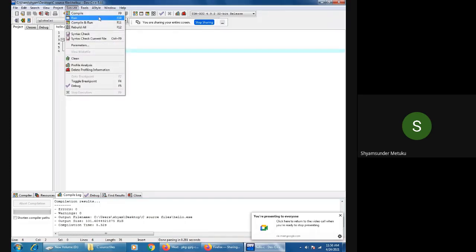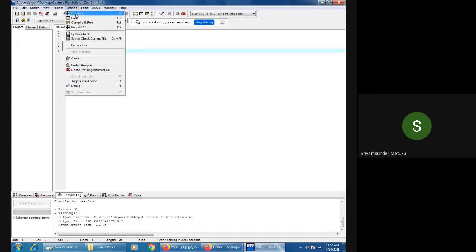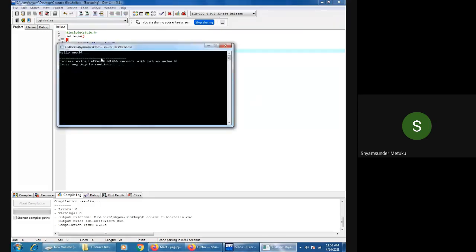Compilation is done, then there is an option called F10. F10 is nothing but you have to run it. So if I run it, then I wanted to verify whether I'm able to see the hello world text on the monitor or not. Let us verify. So I'm just trying to press F9. You can see here. What is the first line you're able to see here?